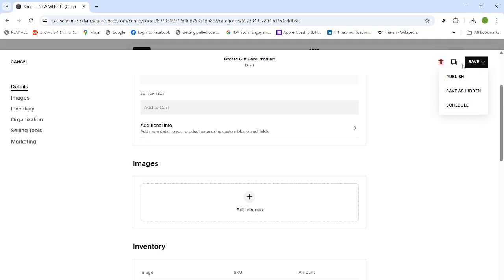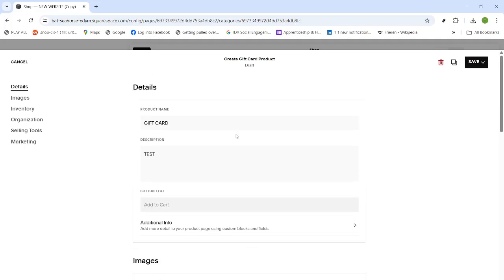When everything looks right, click Save. Confirm any prompts to save again so your changes are published to the store. That's it. Your gift card is now set up, categorized, and ready to sell, and Squarespace